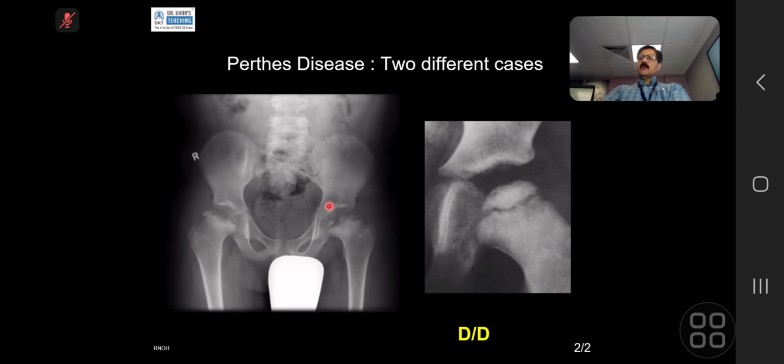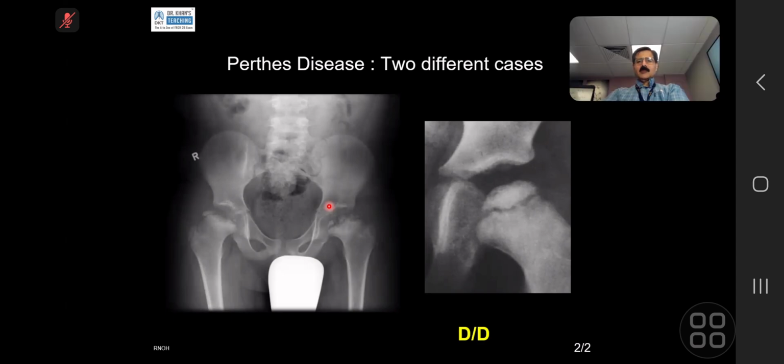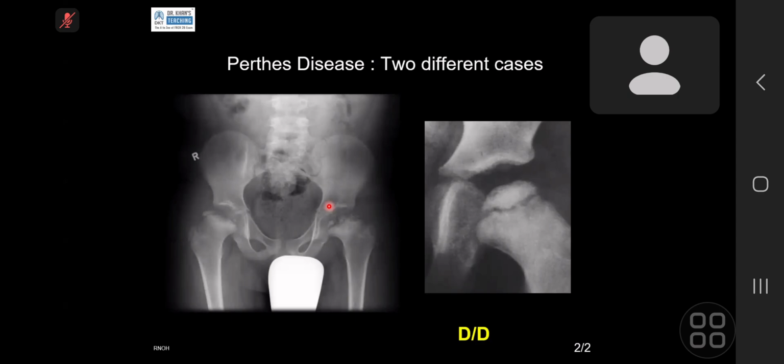Which chronic infection? So septic arthritis, and examiner is not satisfied, madam. Anything else? So bilateral osteomyelitis, or it could be